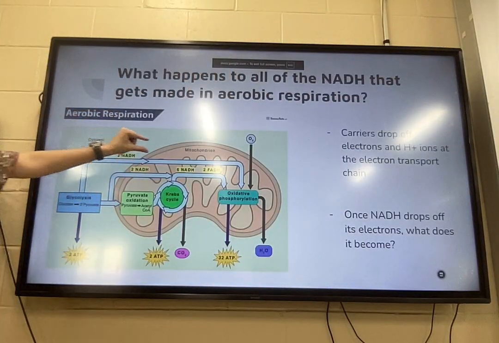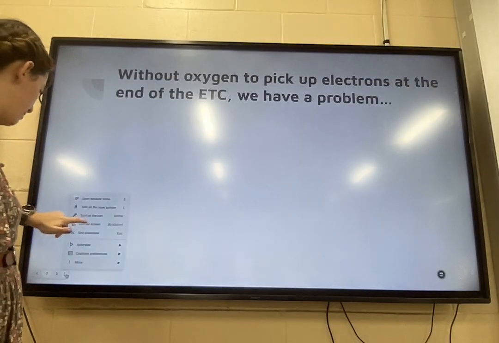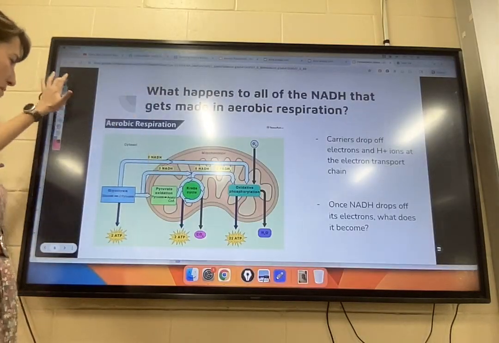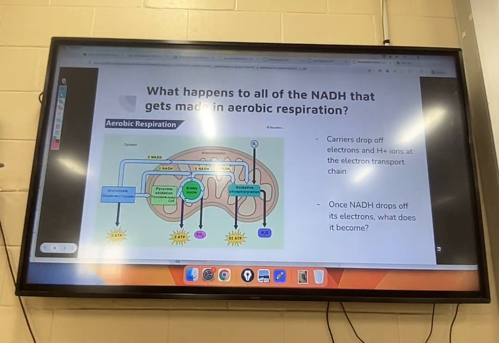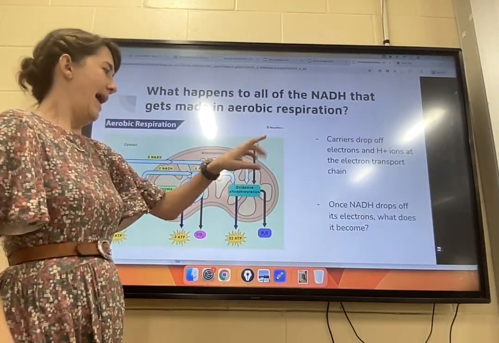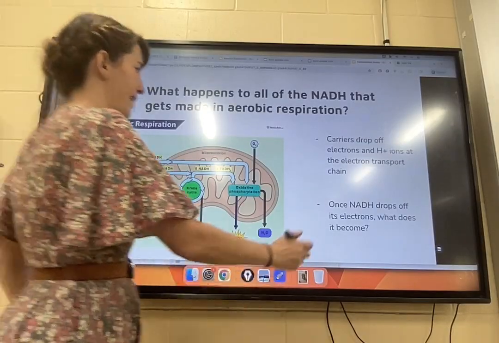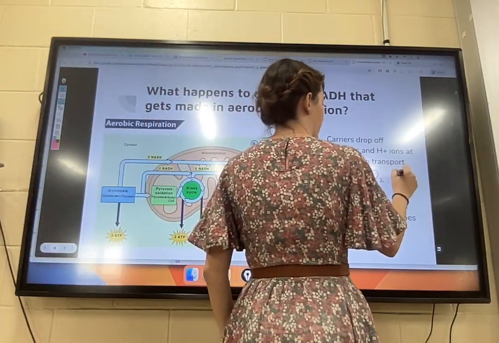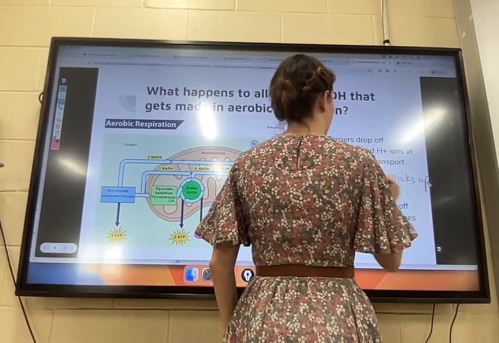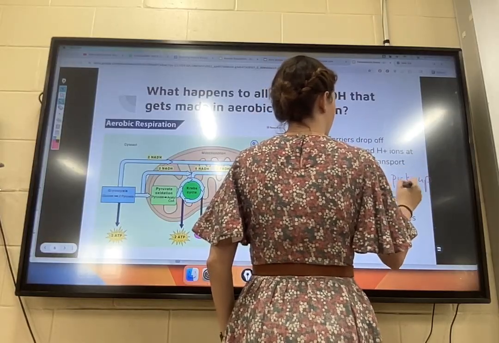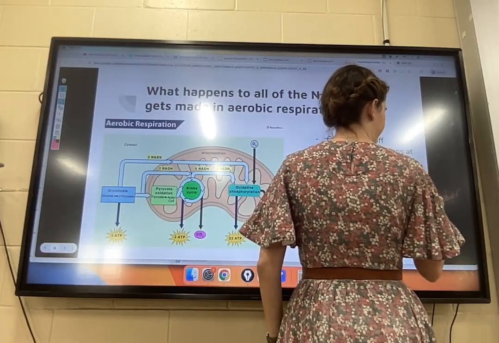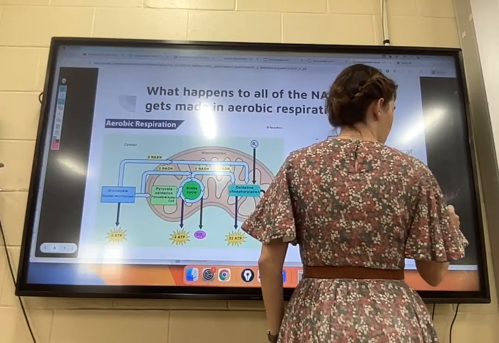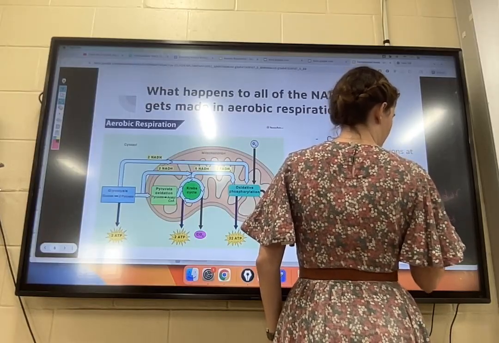Okay, so all of those electron carriers that we made, I'm going to small screen this. All of the electron carriers that we made in glycolysis, in pyruvate oxidation, in the citric acid cycle, all of those go and get used. They drop off their electrons at the electron transport chain, and oxygen picks them up at the end of it. At the end of the ETC, it becomes water. That's where our water waste is coming from